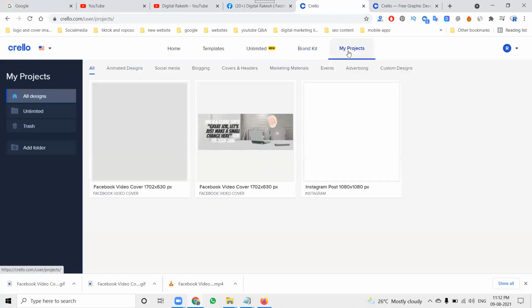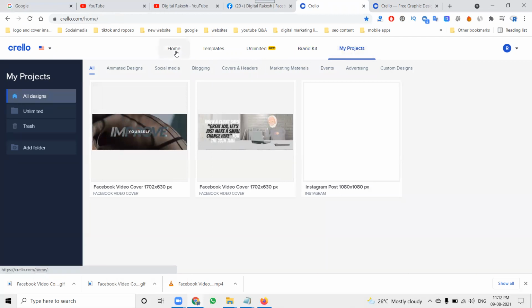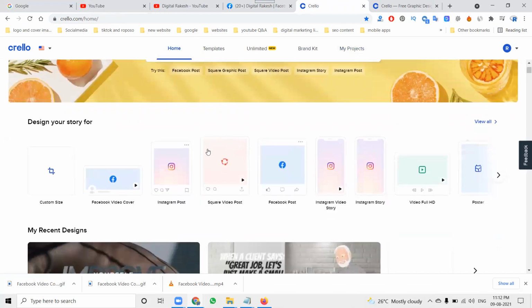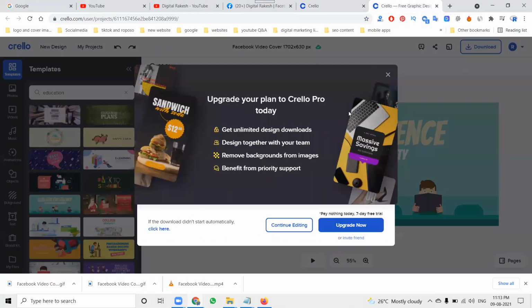Here are your projects: whatever projects you design will be in this. Everything, such as creating Instagram video posts and Facebook posts, is supported by the Crelo website.